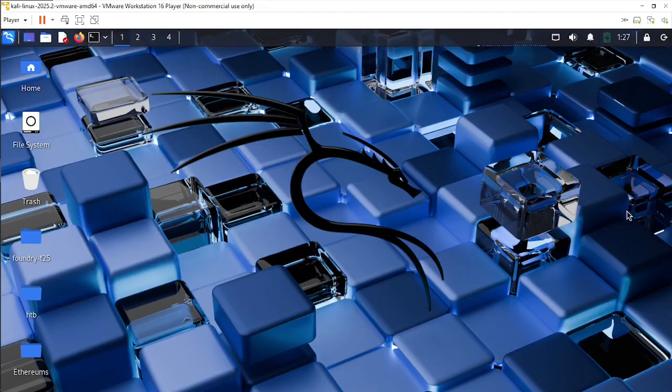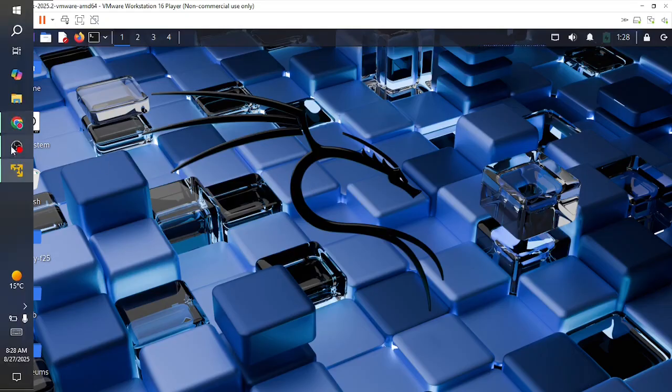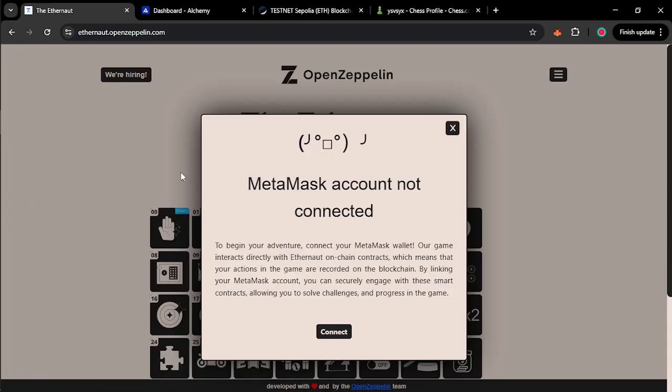Here's the thing: if you're new to blockchain hacking or want to sharpen your Solidity skills, this is a perfect starting point. With that said, let's get into it. So right here, I'm in my virtual machine. I'll just go back to my normal machine over here. And to access the Ethernaut CTF series, just go into